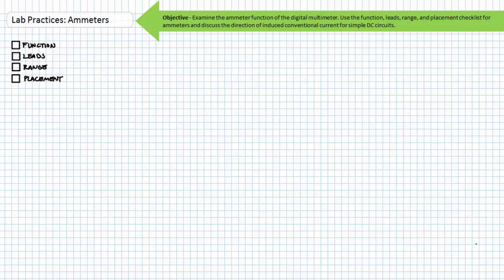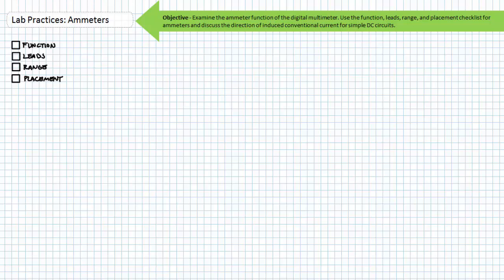Today we're only going to briefly look at the ammeter function of a DMM, where an ammeter is a device used to measure current through a circuit in units of amps. This is the briefest of brief summaries about ammeters and serves only as a springboard for later discussions. Stay tuned for application of ammeters and other common lab instrumentation in this playlist for experimental verification of Ohm's law